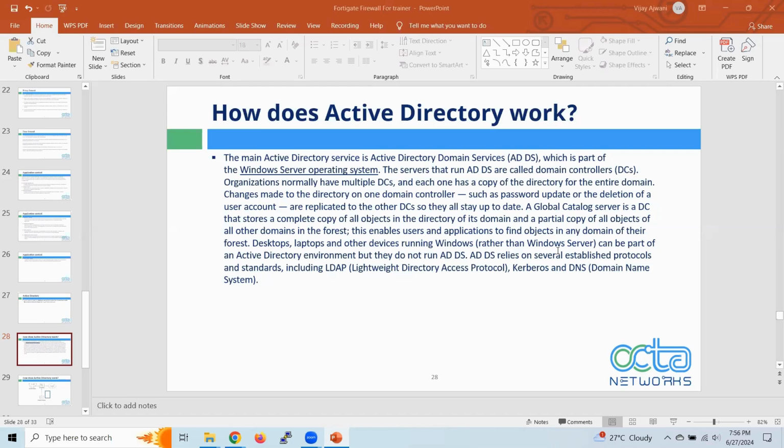A global catalog server is a DC that stores a complete copy of all objects in the directory of its domain and a partial copy of all objects of all other domains in the forest. This enables users and applications to find objects in any domain of their forest. Desktops, laptops, and other devices running Windows rather than Windows Server can be part of an Active Directory environment, but they do not run ADDS. ADDS relies on server-established protocols and standards, including Lightweight Directory Access Protocol, Kerberos, and DNS,